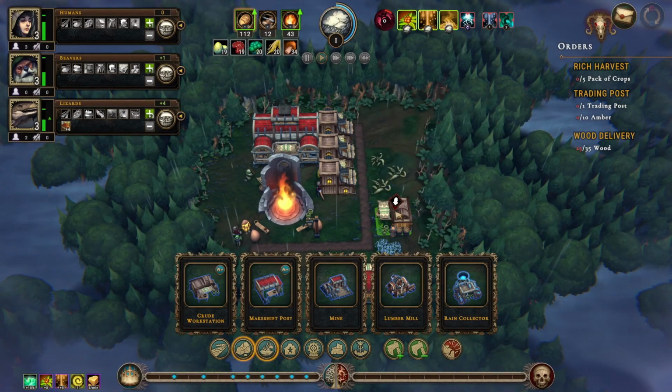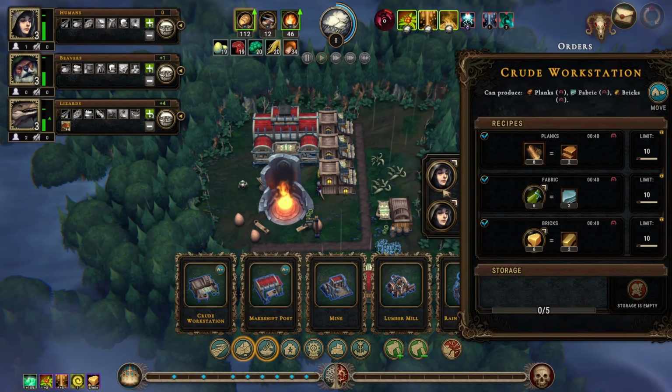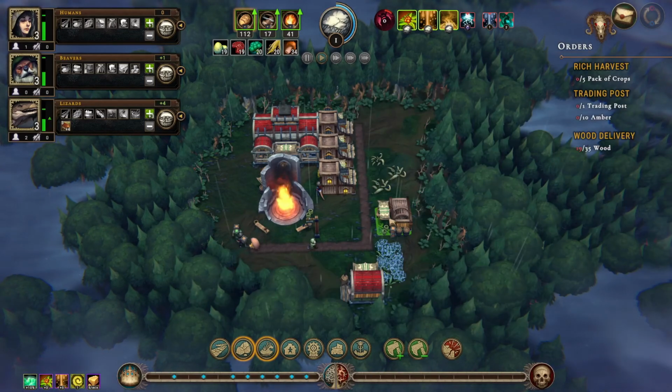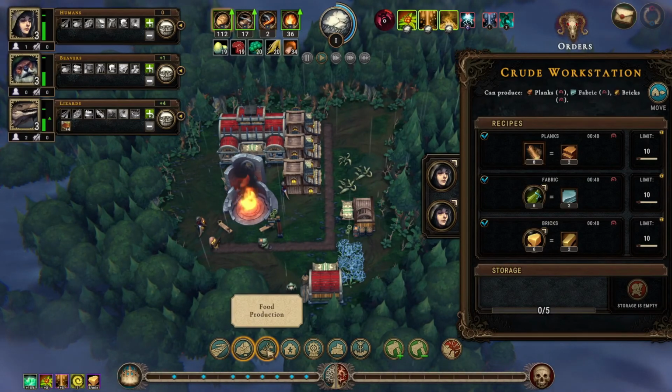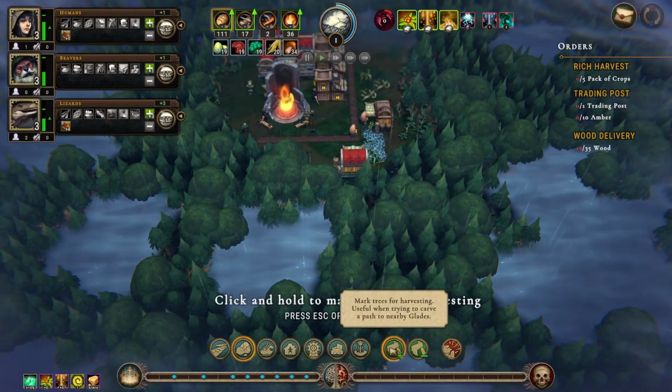Well, because typically in this game, there are multiple buildings that allow you to gain specific things. For example, I can also make planks in the crude workstation. So that's why you can easily build a lumber mill afterwards. Now, in order to get the small farm, we need a fertile soil, which we haven't found yet, but we